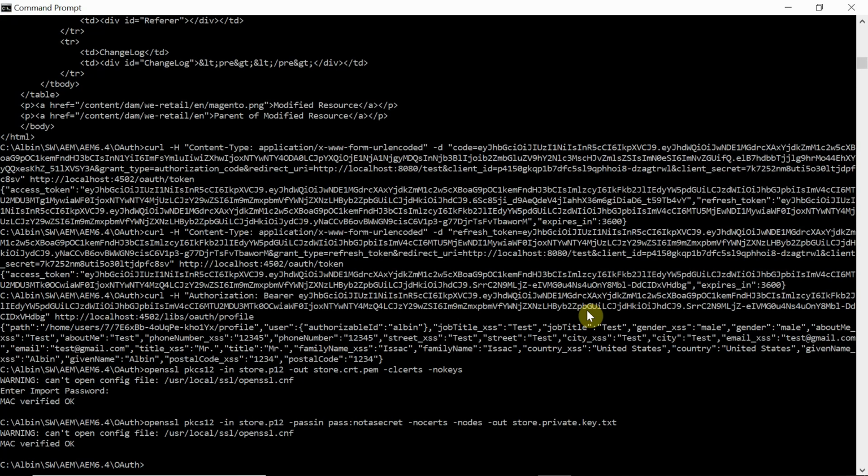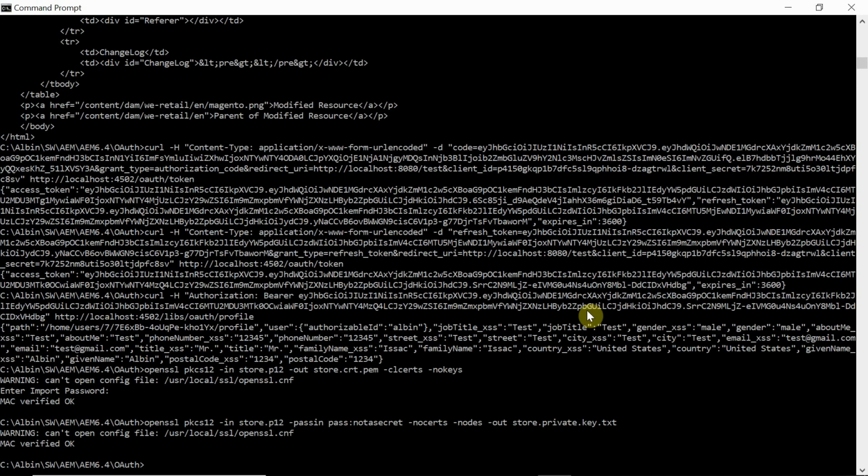For that you can use any JWT library. In a real scenario, that library, in Java or .NET or whatever, will generate the JWT token with the required data and also sign it with this private key. Then that JWT token can be used for getting the access token.